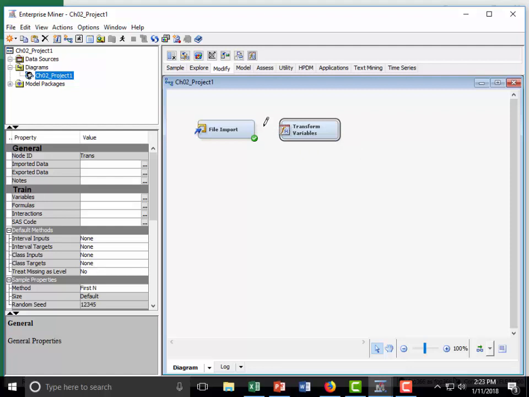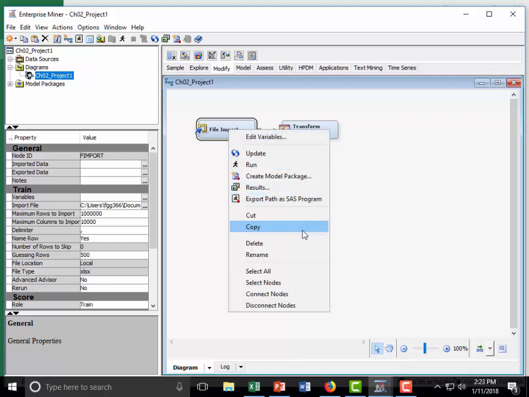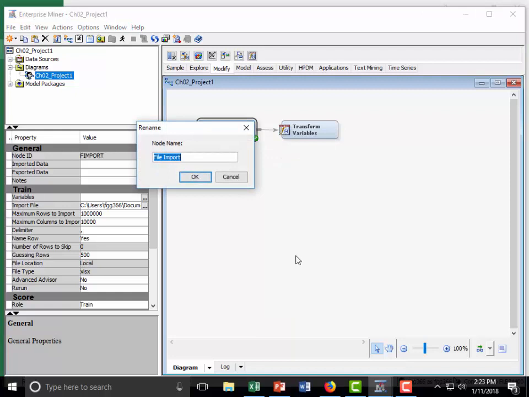Okay. So we have to now make a pencil like that, click and hold and drag it and connect it. So this means that the exported data from this node will become imported data in the next node. Okay. One more thing that we need to do is to name these nodes with descriptive names, right? So if you right click and you say rename, all right, so I'm going to say this one is